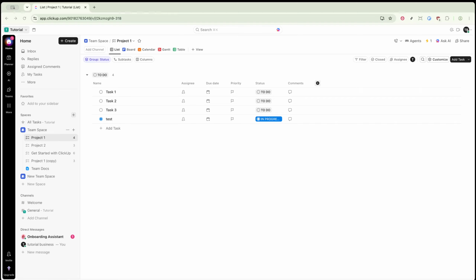If you're new to ClickUp, don't worry. This tutorial is beginner-friendly and will guide you step by step to get the job done quickly and efficiently. Let's dive right in. To begin, open up your internet browser and head over to